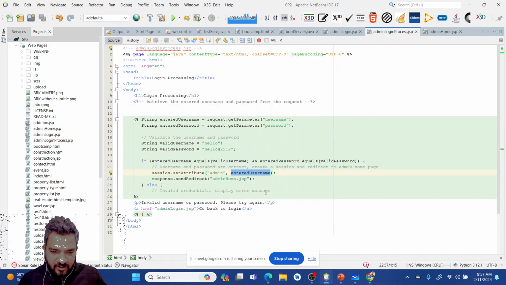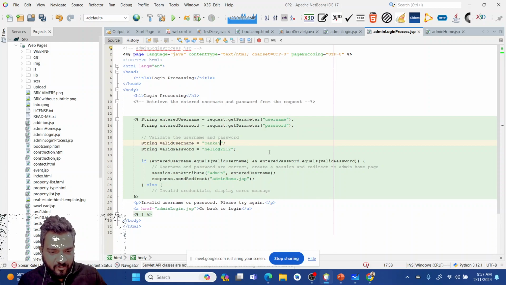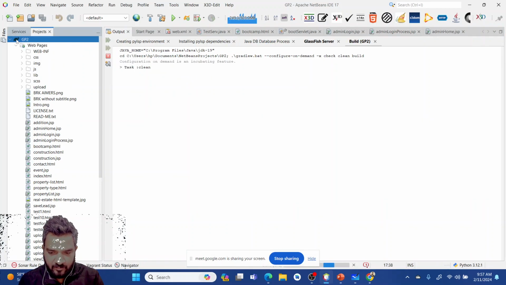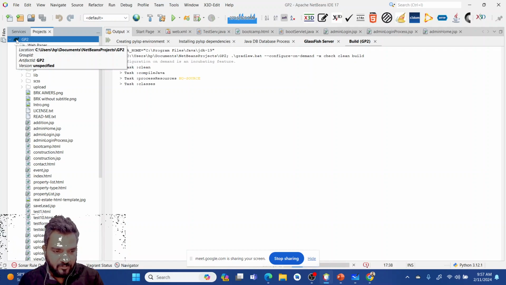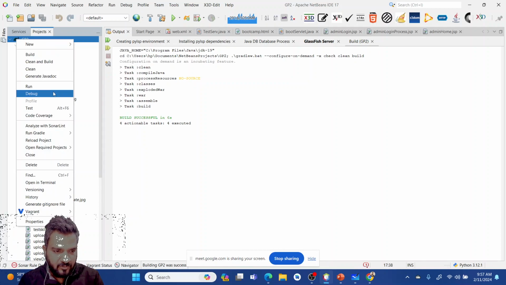In the admin login process, again let's change the username and password. The username should be Pankaj, not caps, Pankaj, and the password will be hello@2212 only. So now let's clean and build and run.